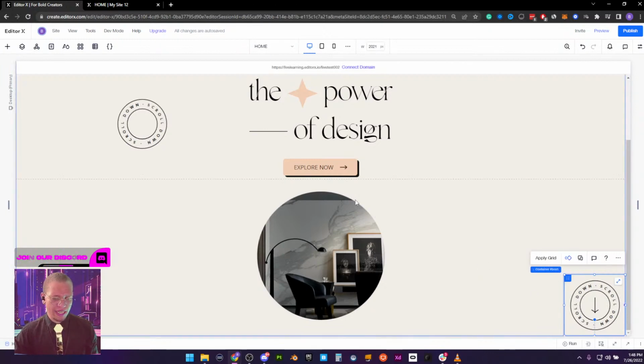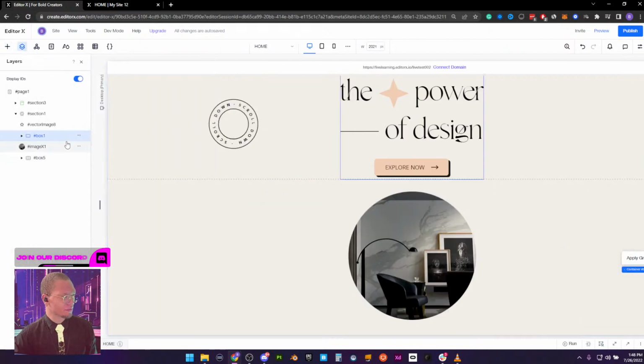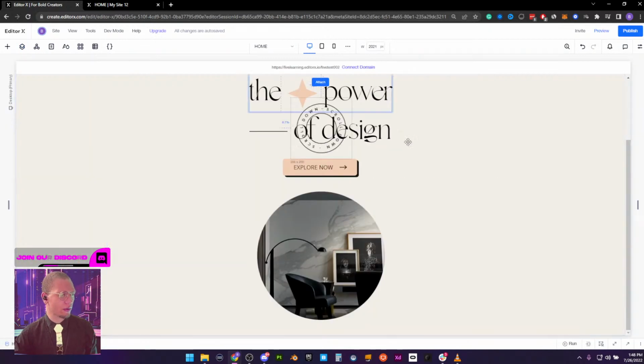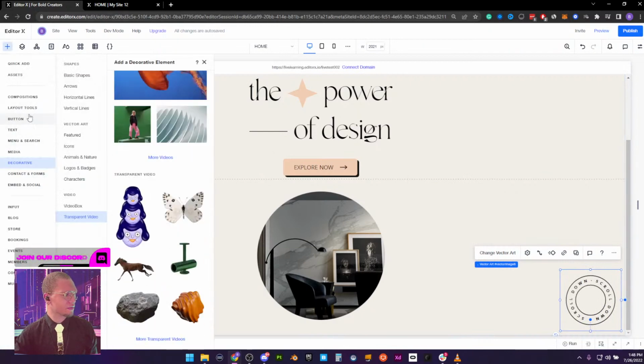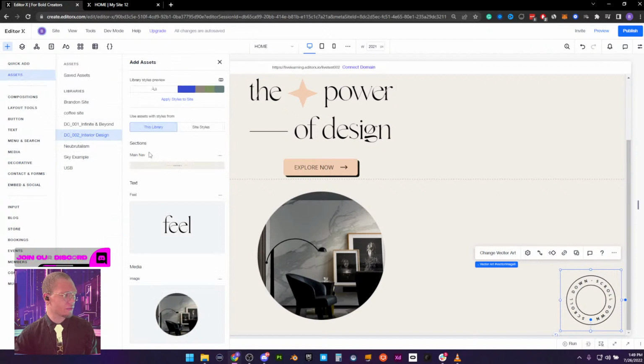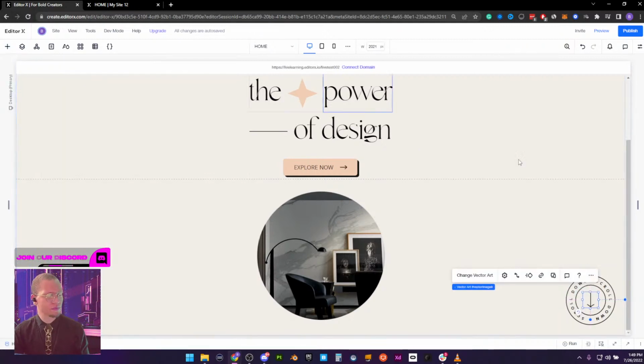So I'm going to go to my container. I'm just going to set this to don't display. I don't want to 100% delete it. Don't display. We're going to bring this down here. We're going to go back to our assets, go to our library and grab our arrow here. I'm going to bring it in the center here using our guides just like this.